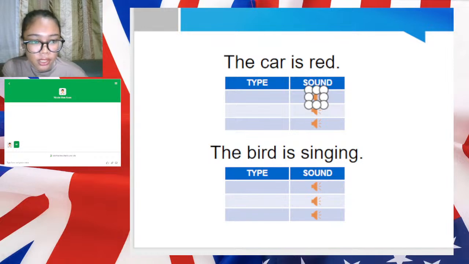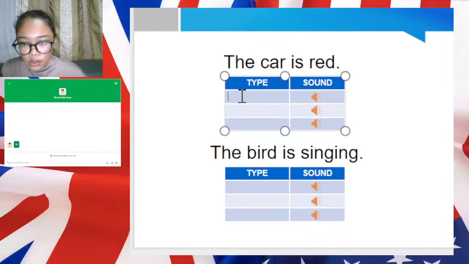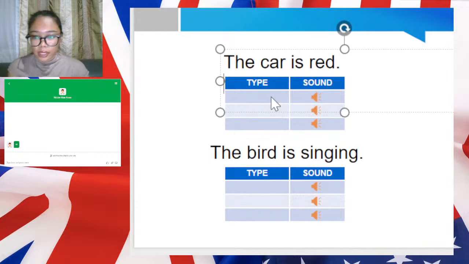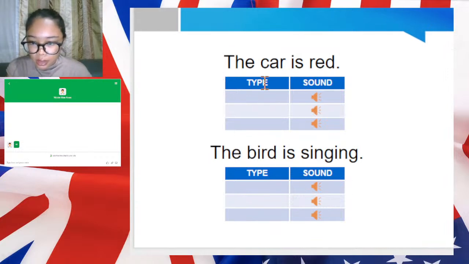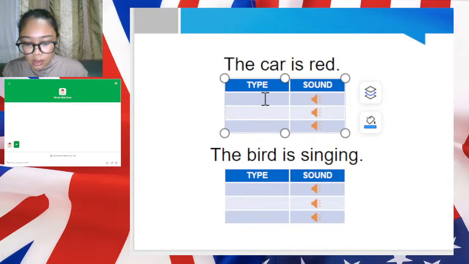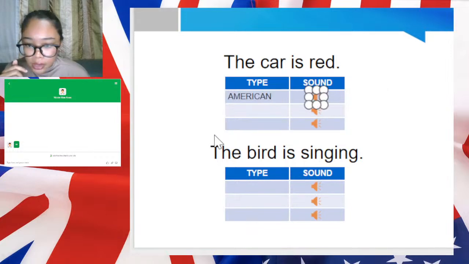What did you notice from the audio? You've noticed that the letter R sound is really clear. So when we say that a sound is very clear, it is rhotic. And which of the three usually produces a rhotic sound? That is American English. So this one is American English. Let me type it for a moment. American English, because if you hear it one more time,